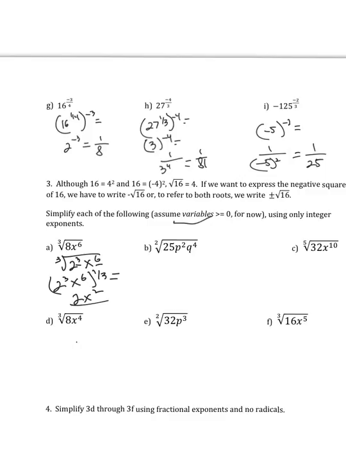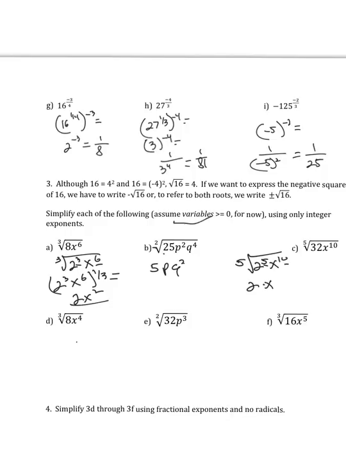Now in this case, we have the square root of 25, which is 5 squared, p squared q to the 4th. It's going to be equal to 5, the square root of 25, times p, the square root of p squared, times q squared, which is the square root of q to the 4th. Okay, 5th root of 32 x to the 10th. Well, we know that this is the same as the 5th root of 2 to the 5th x to the 10th. And again, these are both divisible by 5, so we end up with just 2 to the 1st, or